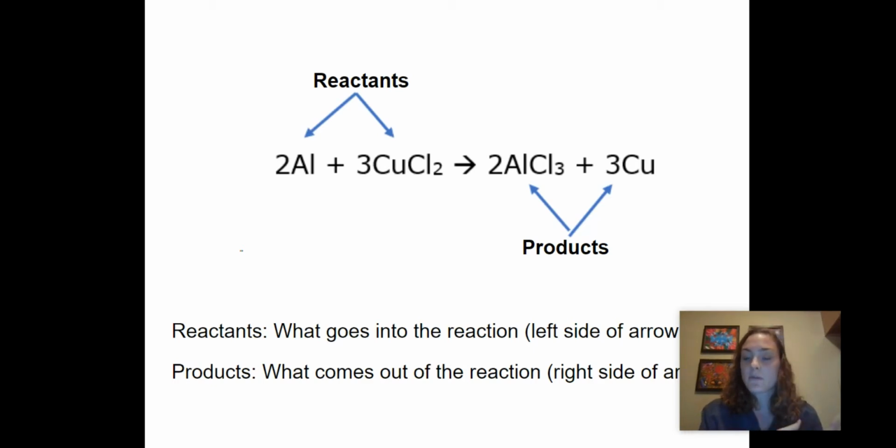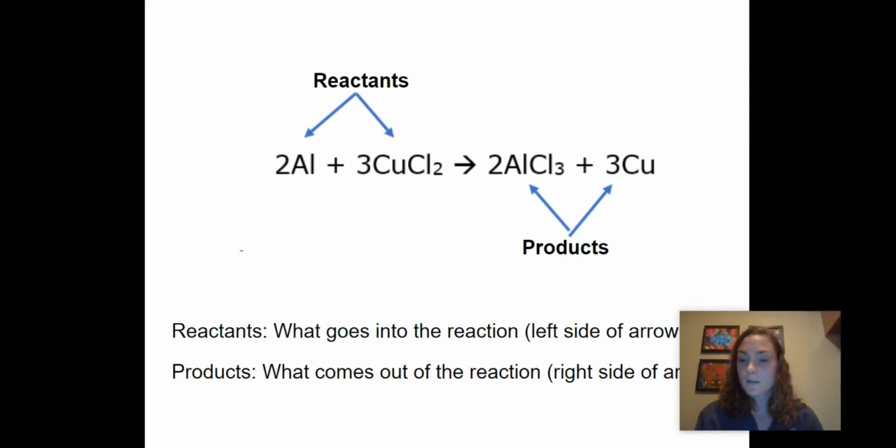The chemical formulas on the screen that are reactants are the aluminum atoms and the copper chloride. You know that because they are on the left side of the arrow. So that's what goes in. And then what comes out, those are the products. And in this case, the aluminum chloride and then the 3 copper atoms, those are what come out of the